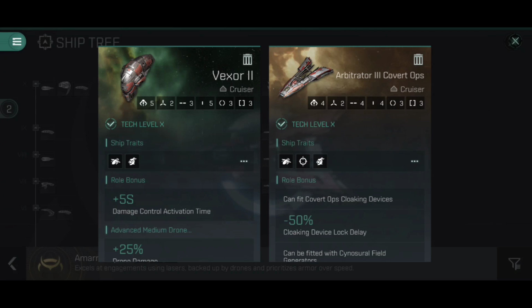I'd argue that both of them can be used in PvE. You're probably going to struggle at some of the medium and the large T10 anomalies if you're doing these. I don't know about high-sec encounters, I'll be honest, I haven't tried, even though I fly the Arbitrator III Covert Ops. Ultimately, you'll find that the Vexor II gets higher DPS and theoretically can have a stronger tank to it, thanks to the damage control activation time and the fifth low slot, but considering that the Arbitrator III Covert Ops is fast, it can be cloaked, and it is such a small ship as well, it means it's very hard